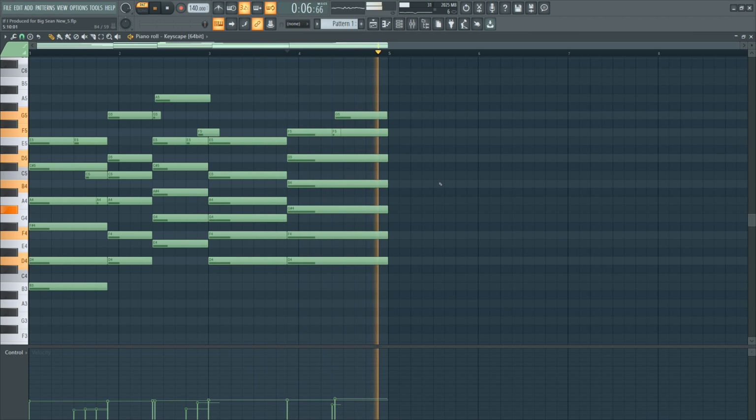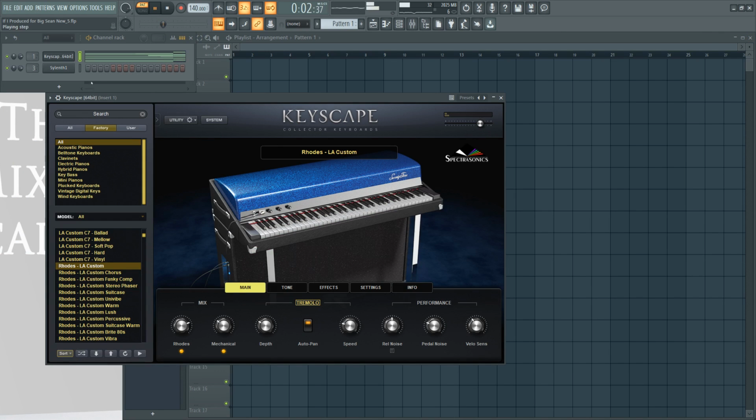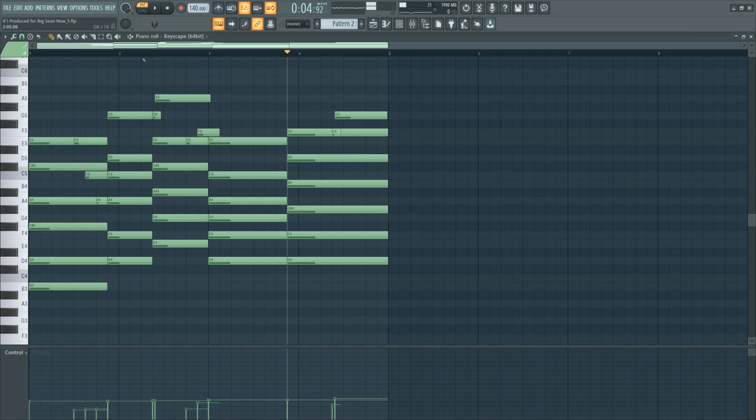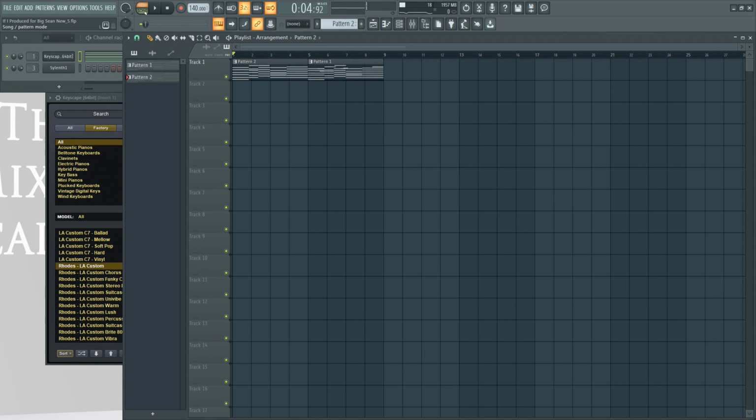Now, if it's too much movement, you can always take this out and clone it. So I'm probably going to use that as part B. So let's clone this pattern and take out all these movement elements and just leave it bare. I think this was like this. Take this out and take these out. So now we have a contrast between the two. So you have a lot more flexibility with these bigger chords.